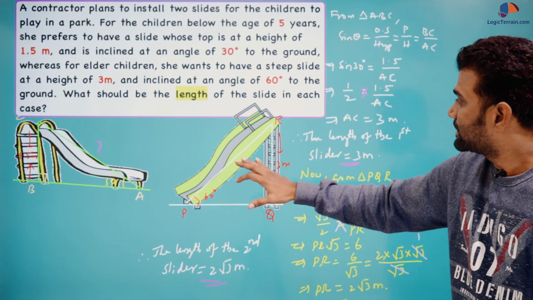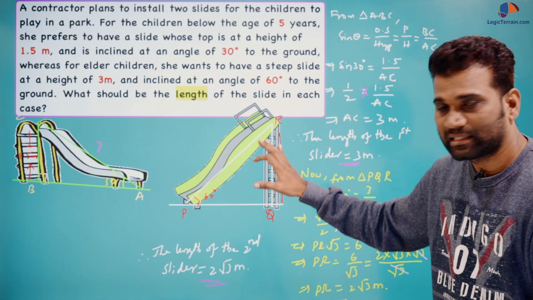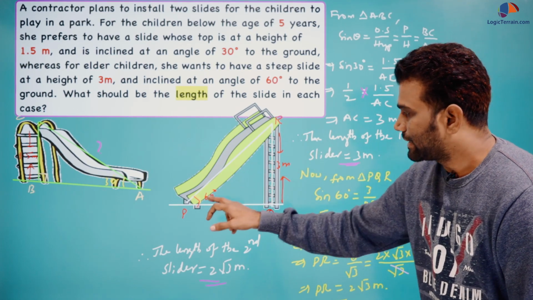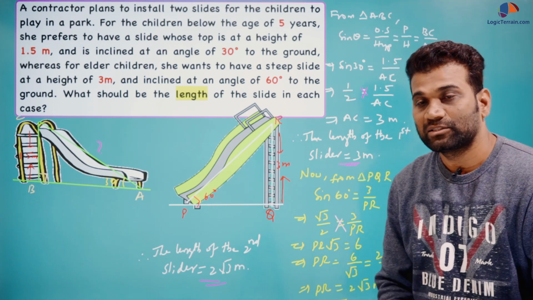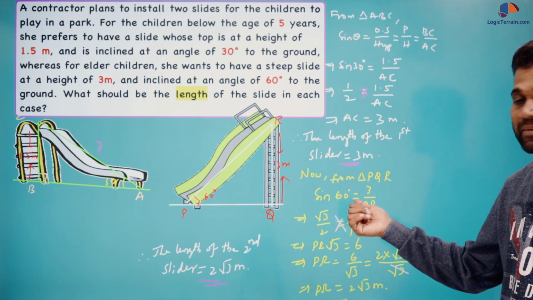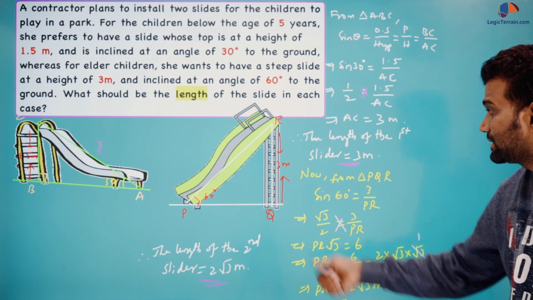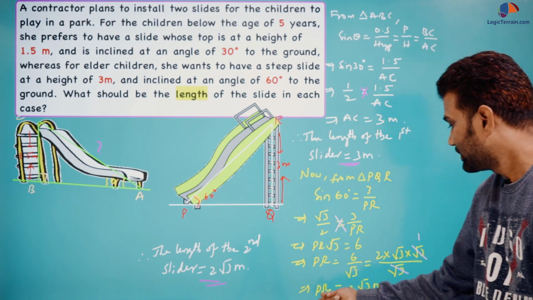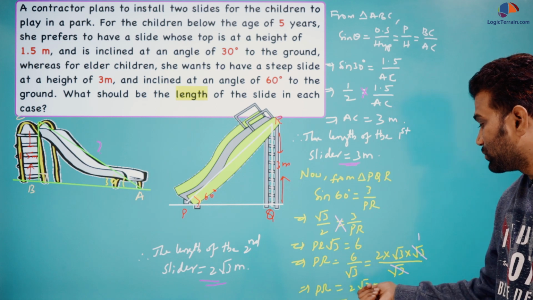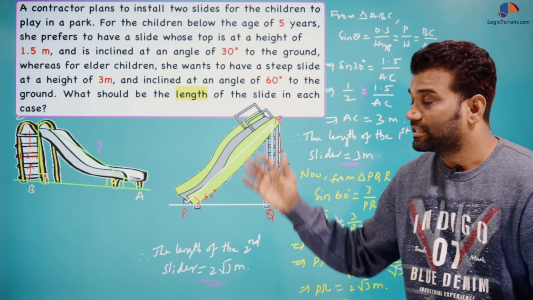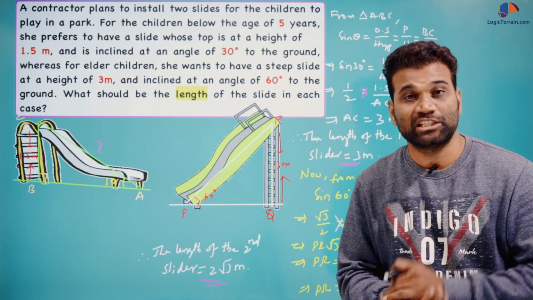And for the second, again you can visualize it like this. This is the slider. The height is given and the angle is given. We need to find the length. So again we will use sin theta. Now putting in all the known values, the length of the slider equals 2 square root 3 meters. Clear? This is how we visualize real life situations.